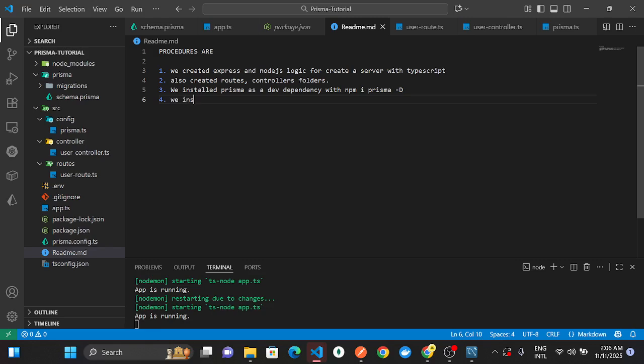Then number 4, what we did is that we installed Prisma Client with npm install @prisma/client@6.18.0. Then 5, we ran